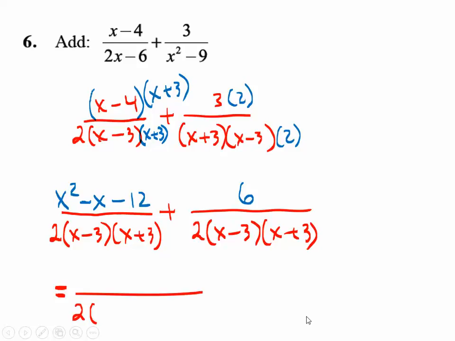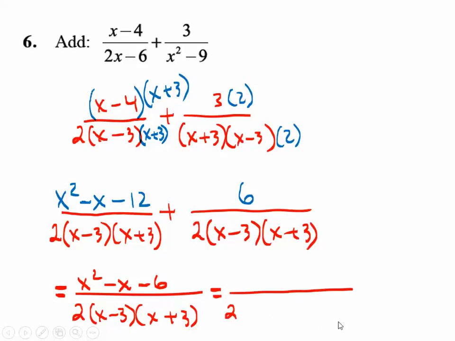Alright, so let me put down the common denominator again. And then let me put the numerators together. So x squared, x is here, so minus 12 plus 6 would just be a minus 6. And I guess the only question is if the numerator can be factored, and if it can be factored, can it reduce any of the